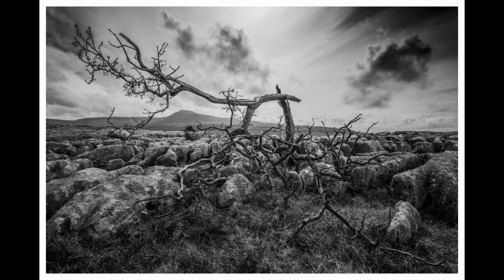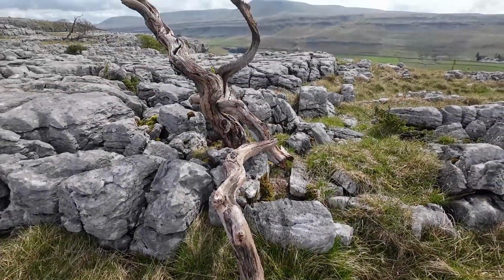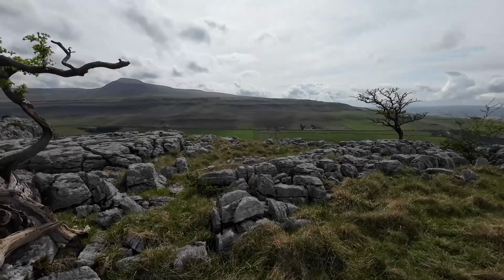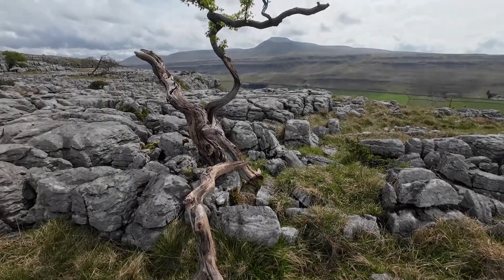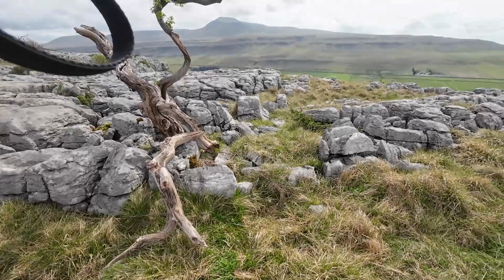Right peeps, round to my favourite part, Twisilton at the minute. Plus Stephen that all round there, but the side light at the minute, hitting this tree on the foreground, is just fantastic. I am still hand holding, so it's just a little bit easier, but if I can get you,